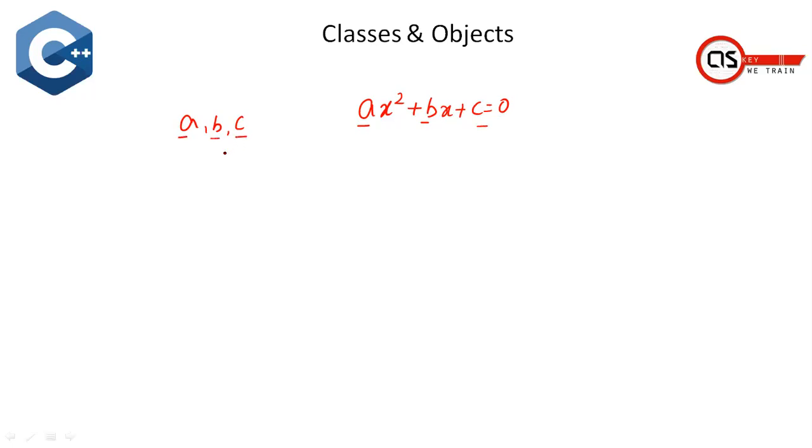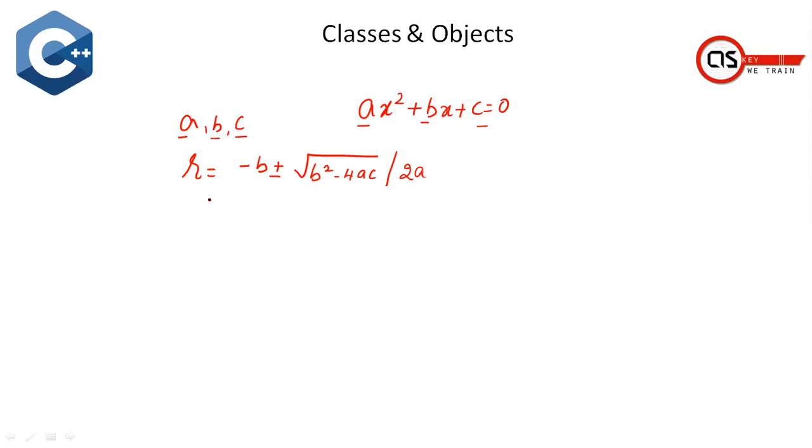then you are supposed to calculate the roots. Now when the coefficients of a quadratic equation are given, first and foremost you can calculate the roots. How do we calculate the roots? I can write the roots as r equals minus b plus or minus square root of b square minus 4ac divided by 2a. So when the coefficients of a quadratic equation are given, the root is calculated as r equals minus b plus or minus square root of b square minus 4ac divided by 2a. So this is the equation.